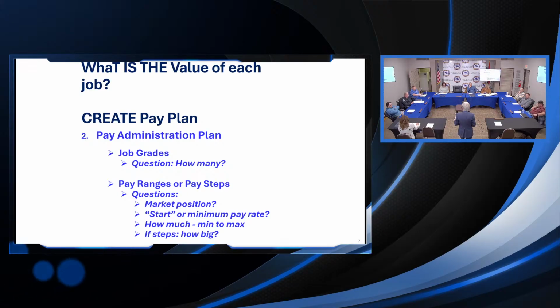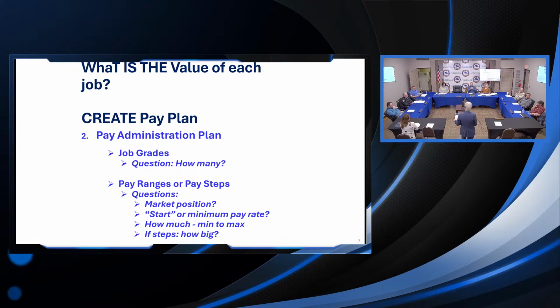If you have steps, we usually have one step designated as the market step. Typically it would be step 5, step 6, or step 7. That is equated to the market rate for the jobs from the data. And depending on how many steps you have and how big the steps are, that kind of dictates how fast you can go from starting rate to the market rate. Again, ideally, we'd like it to be around 5, 6, 7 years. If it takes longer than that, you're behind the game. So, any questions on the pay plan? We're not talking about anything about employee salaries yet. We're just talking about the guidelines for administering pay.